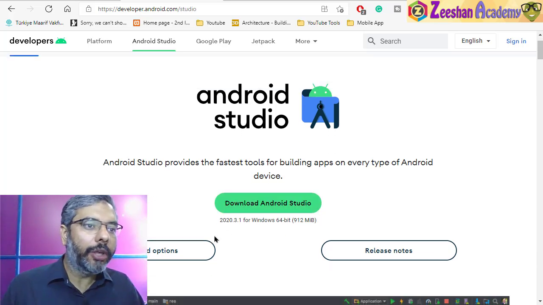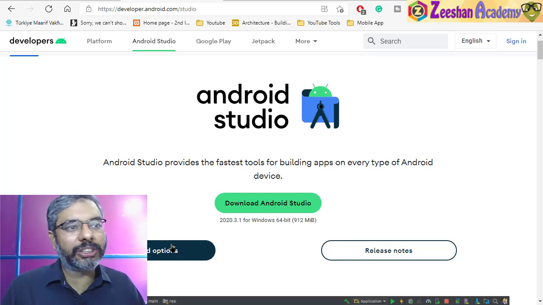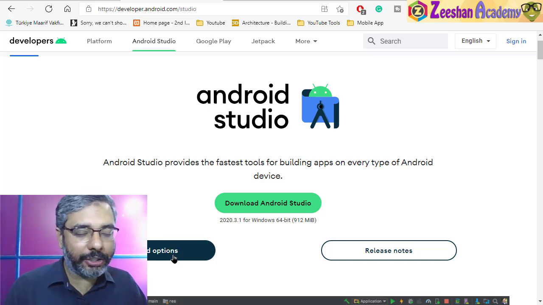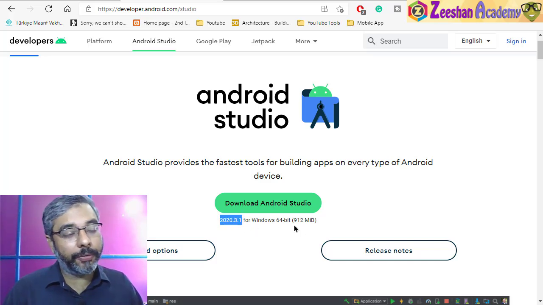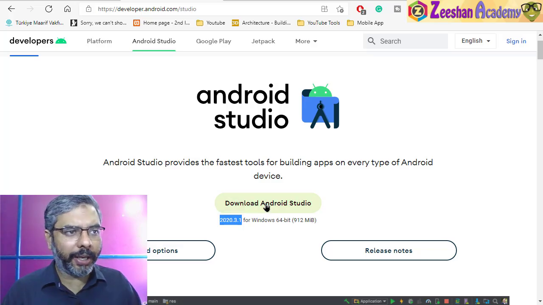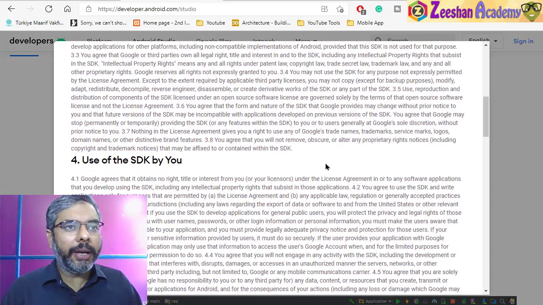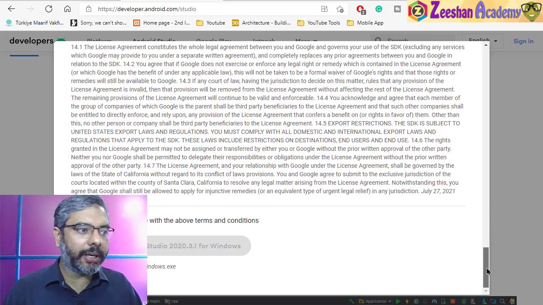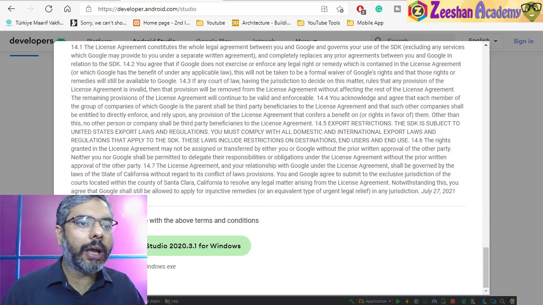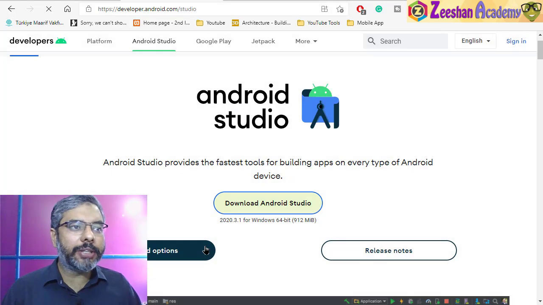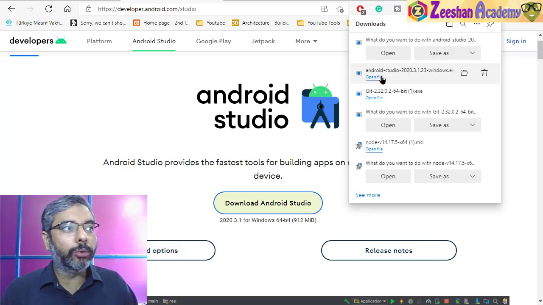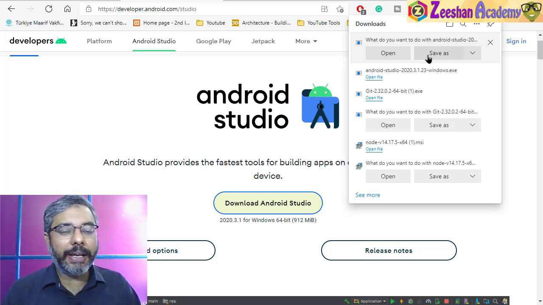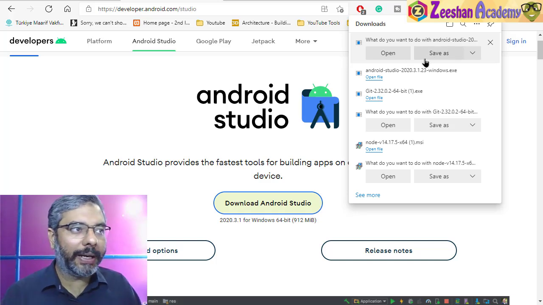Now you can go to the download options for a more customized version if you're downloading for Linux or Apple or something else. In our case, we are just downloading the latest 2021 edition of Android Studio for Windows 64-bit. So you just simply click here. It will give you the basic license agreements. Just read through it, click on I have agreed and click on this button. As soon as you click, a message will pop up asking you to download this software. So save it and download it. I will get back to you once my download is complete.